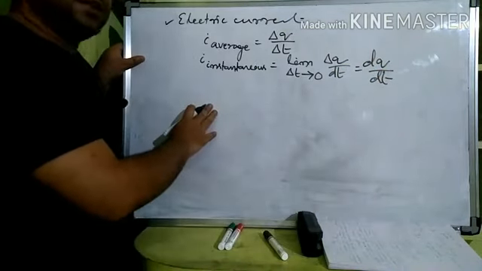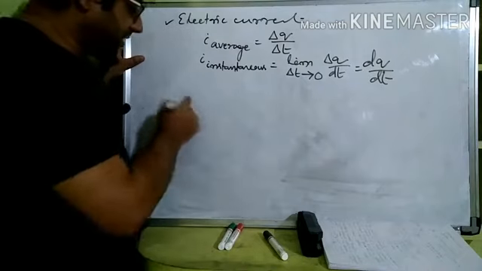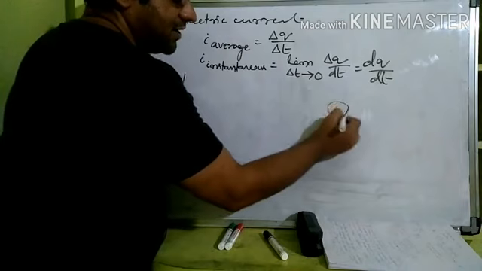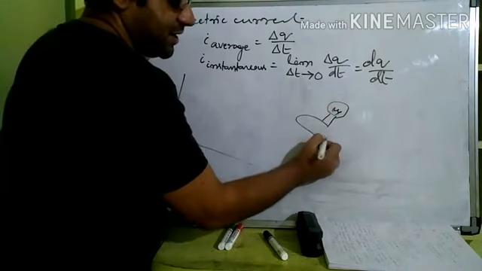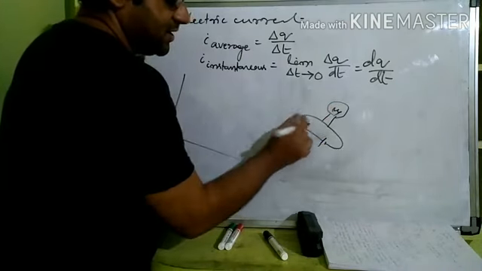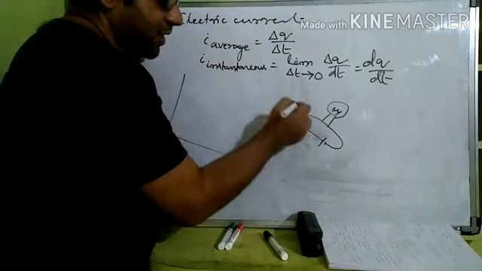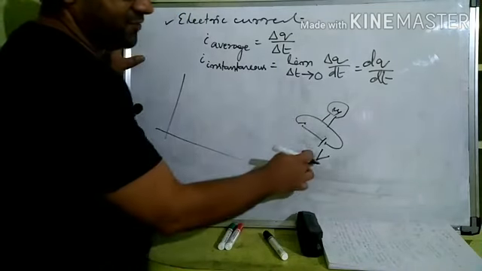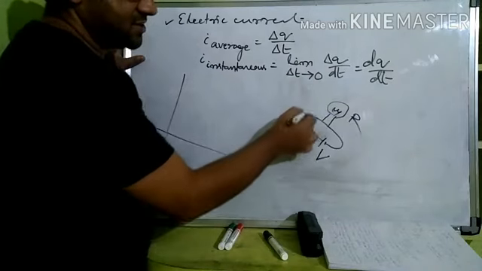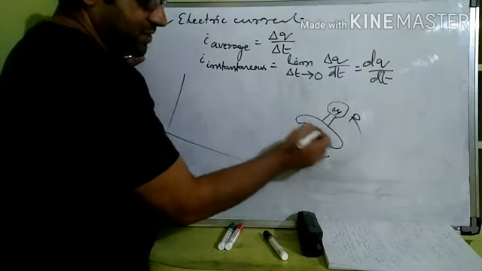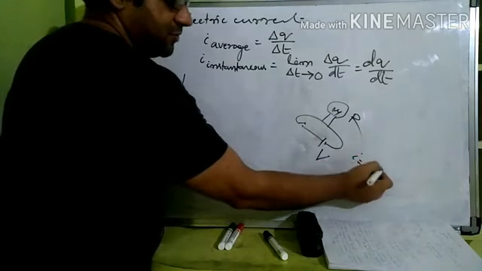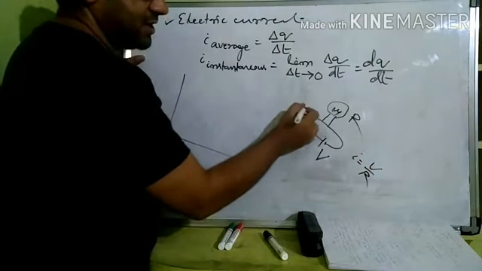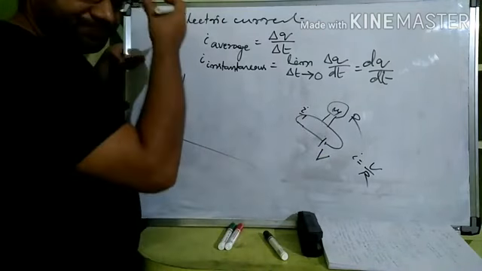What else? The transient current, one word we heard. What is that? Let us say we have a torch light and a battery, and there is a switch. The moment we connect the switch, if the potential is providing V and R is the resistance, then when we close it, current becomes I is equal to V by R, right? Whenever we complete the switch, current I is flowing, which is equal to V by R.